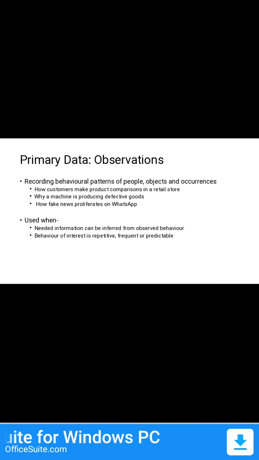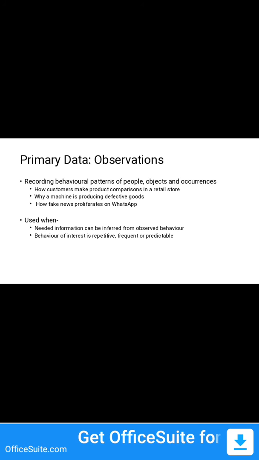Otherwise, how would I know that this particular event is going to take place? And how can I prepare myself to observe that particular event? So that event, if it is not repetitive, if it is not happening frequently, it has to be predictable. You should know beforehand when that particular event is going to take place,